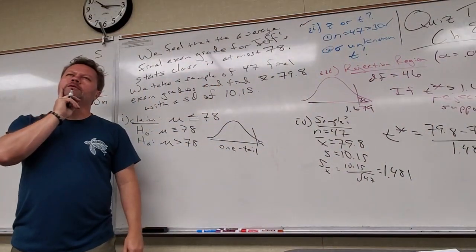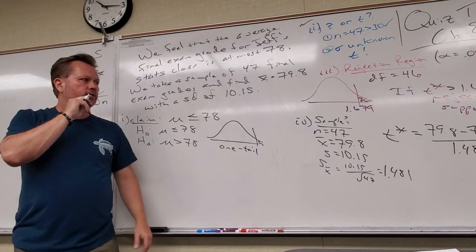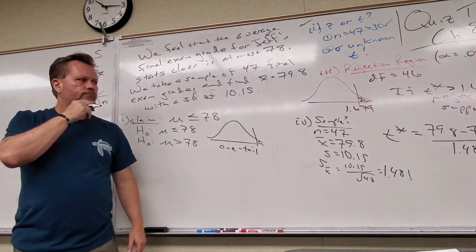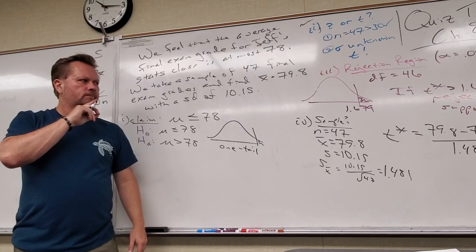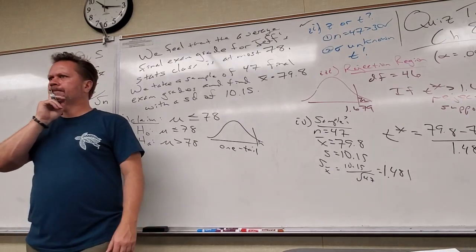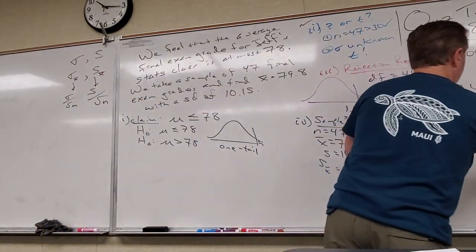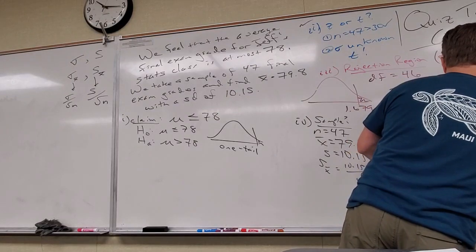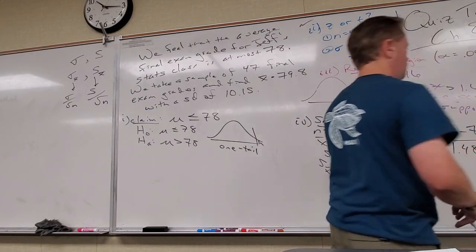15, 1.2, something. 1.215. 1.22? Yeah. I was just keeping in the thing of 3